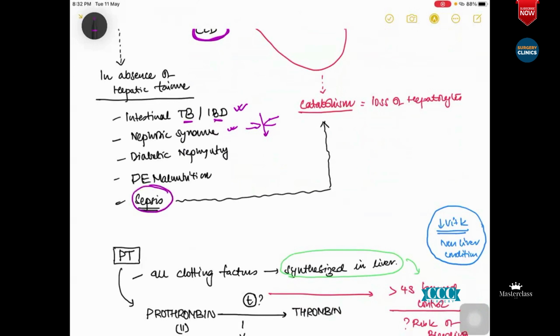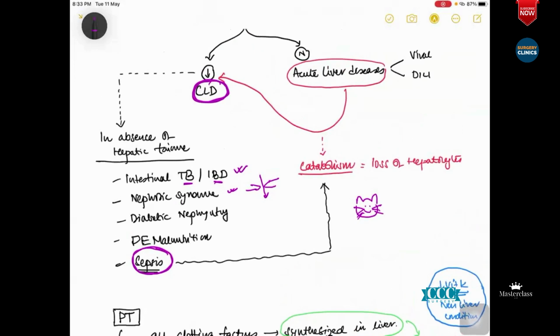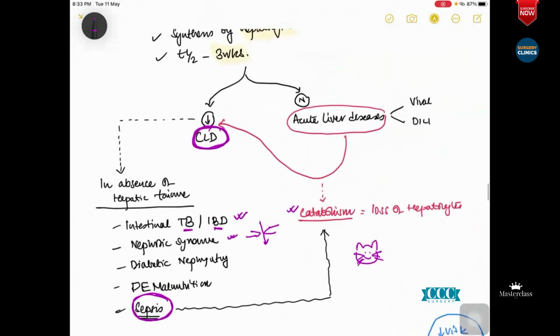or suppose a patient has sepsis, what happens? If you remember something called Cuthbertson's hypothesis, let me not get into all of those complicated things. What happens in sepsis? The patient changes from an anabolic stage to a catabolic stage. What is catabolism? Catabolism means the body is breaking up. Anabolism means the body is building. So if a patient has fulminant sepsis, there is a loss of these hepatocytes, there is catabolism, and albumin gets lost.